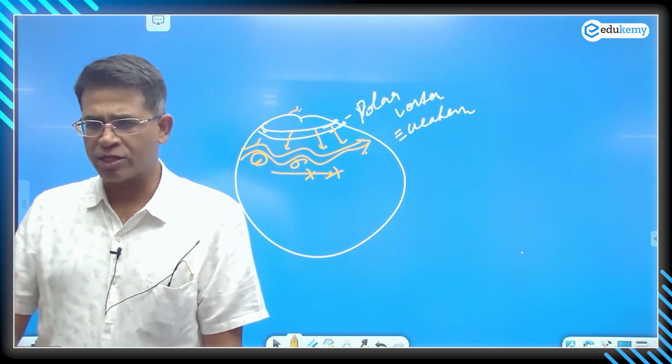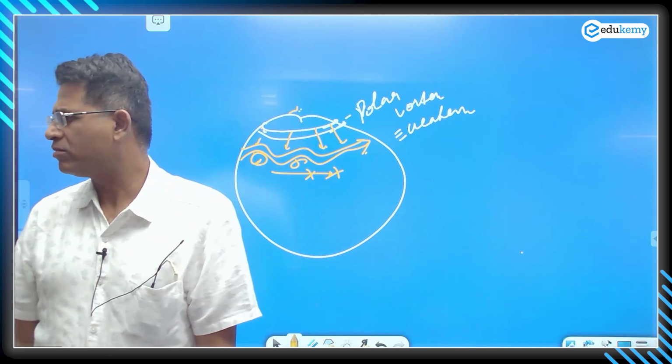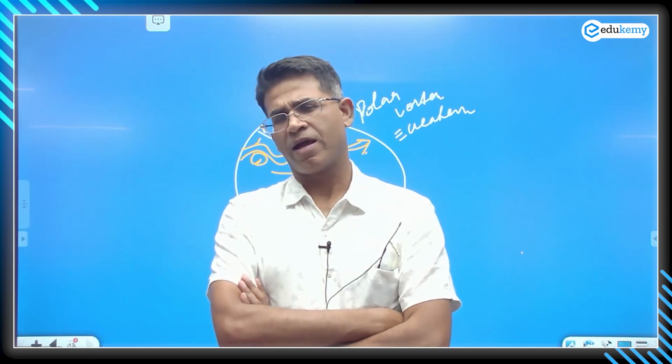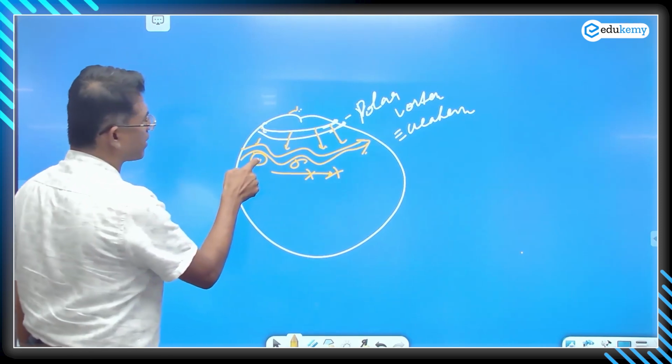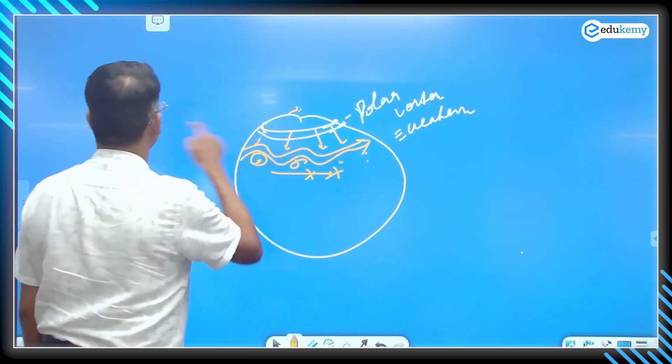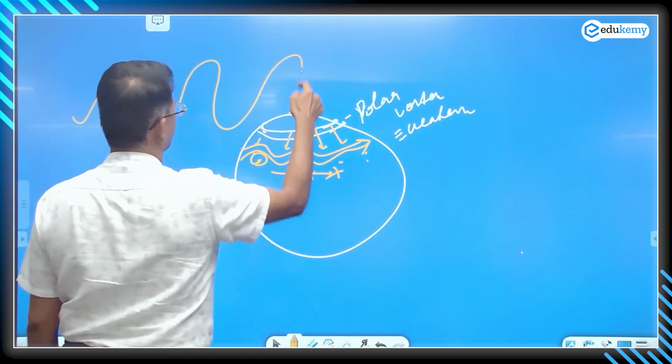Can you all go through this once and ask me if you have a doubt? Blocking is of the cyclones. The anticyclones and cyclones will not move ahead. Yes, this is a high pressure. This is a low pressure, and a high pressure, low pressure. I hope you know this. In meandering,